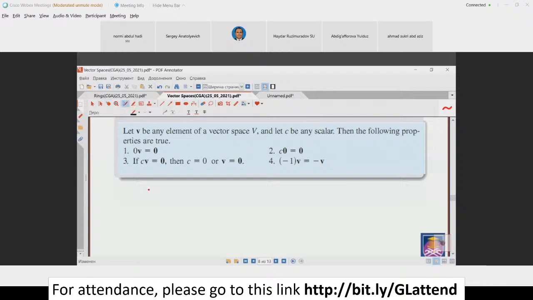How to get it? Adding the zero number to itself, the result is the zero number. You write this as follows: zero number times vector v is (0 plus 0), which is 0 we know, times v. Now by using distributivity,